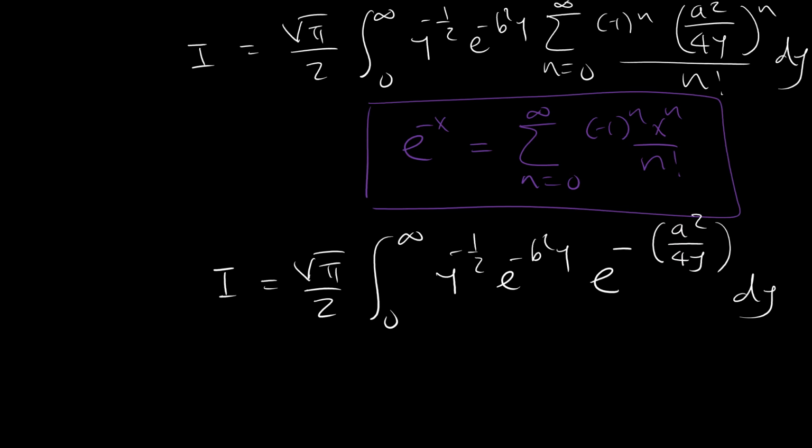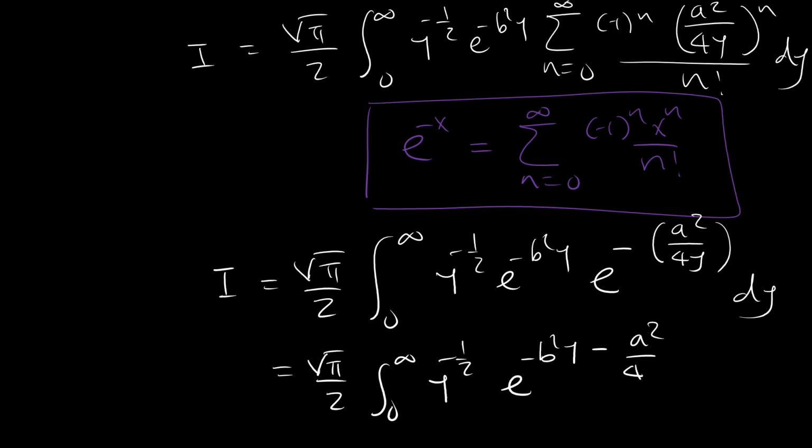Let's see. So as we have over 2, 0, y to the negative a half, and then we have now e to the power negative b squared y minus a squared over 4y. So we begin now to see the Cauchy-Schlomilch